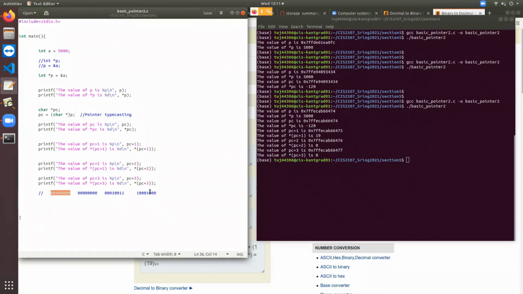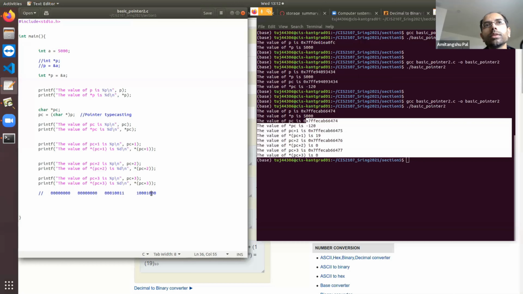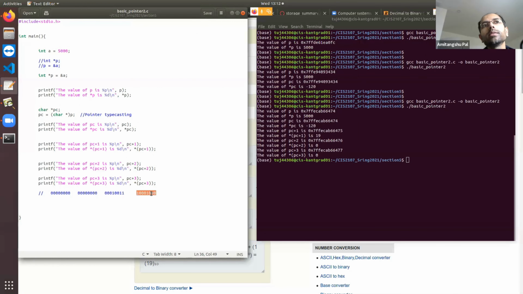So the starting byte is the last one. That's negative 120. You noticed a very important point. Based on my assumptions, if PC points to this byte, PC plus 1 points to this byte, PC plus 2 points to this byte, and PC plus 3 points to this byte, my outcome is matching, right? Now whatever your friend is saying: why does PC point to this location, that means why is the starting address storing this, and why is the starting address not storing that?